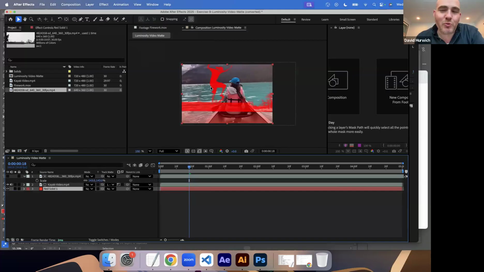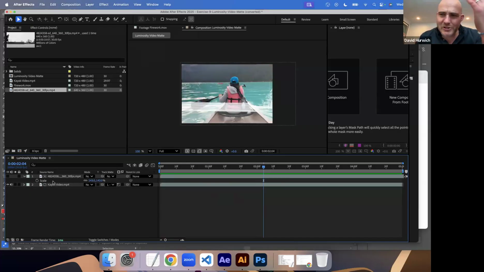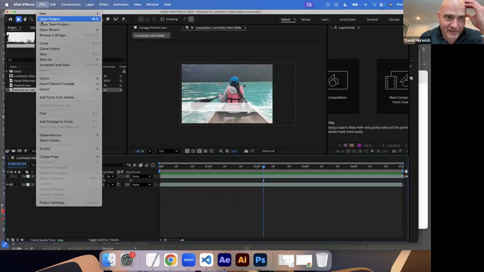This part, I know it looked white. It was actually cutting this out of the video. So this part's being kept. This part was being cut out. That's why you can see this red background. And so you get this thing going on here. So you can get some interesting effects there,